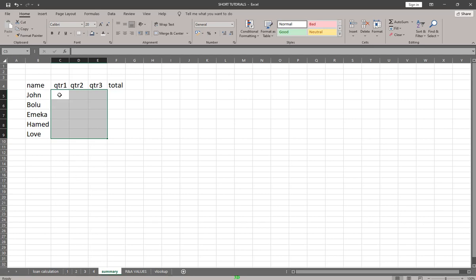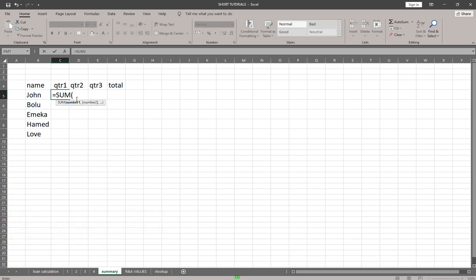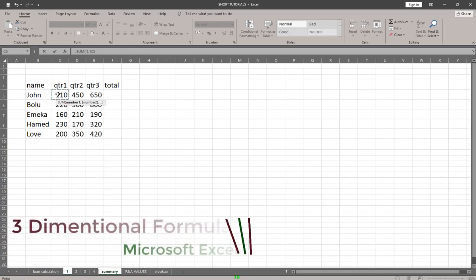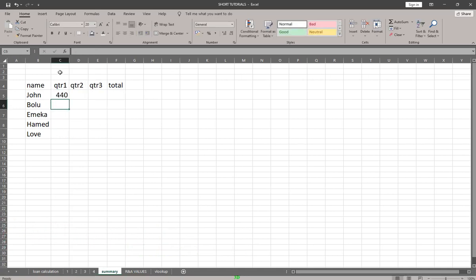Now, the first thing I'm going to do is to enter equal to and type my function. Now, you can double-click here for the function. Now the next thing I want to do is to insert my numbers, but this time around I'm calculating summary sheet. So I'm going to click on my sheet 1 and select the first number. Hold on my shift key to select all of the sheets and hit my enter key, and it calculates the